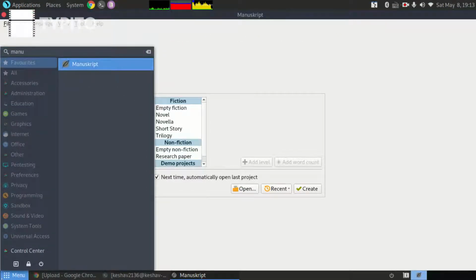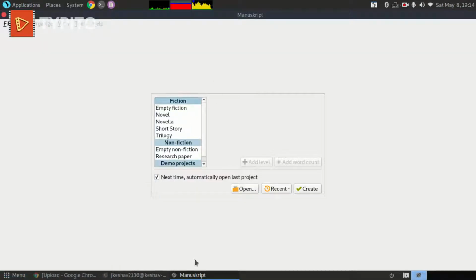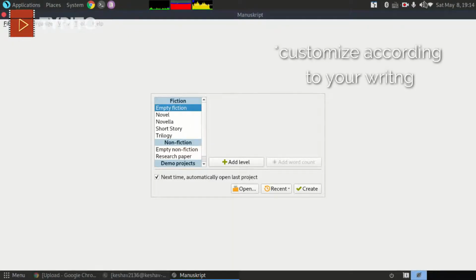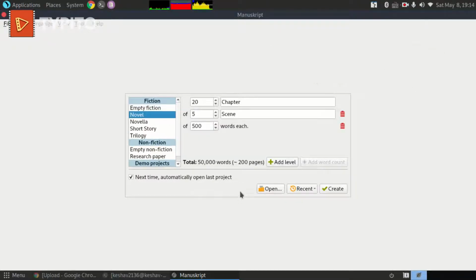Yeah, this program is called Manuskript, and this is how it starts. So we have here three options: fiction, non-fiction and demo projects. Inside fiction there is first empty fiction, which lets you do all the stuff, and then there is novel, so